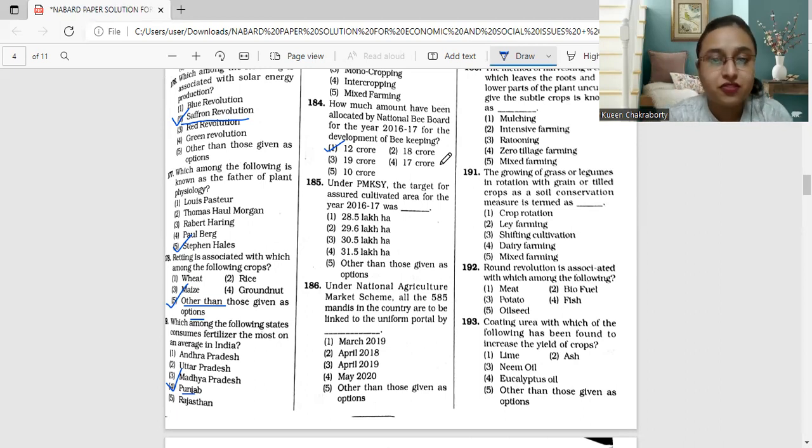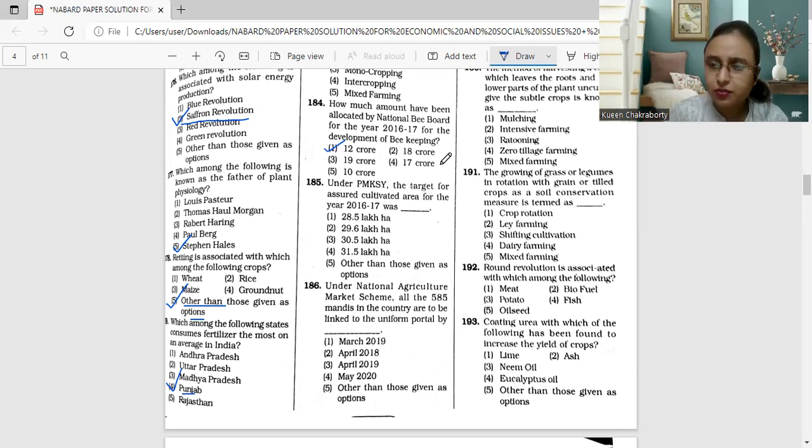PMKSY, the full form of this is Pradhan Mantri Krishi Sinchai Yojana. This was implemented in mission mode, where 28.5 lakh hectares of area will be brought under irrigation, for which a sum of rupees